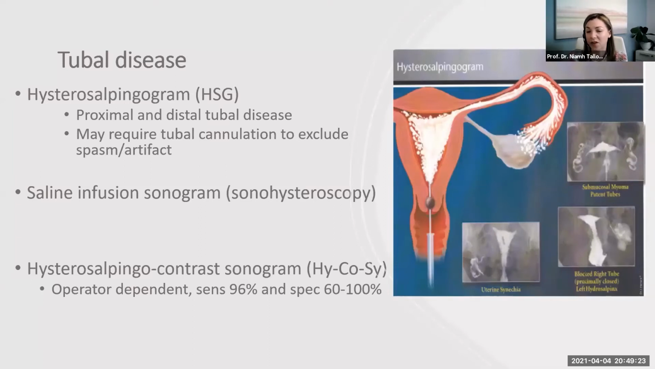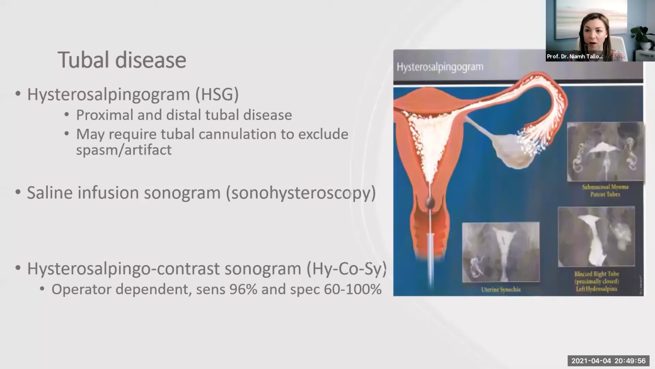So if an HSG yields a result of blocked tubes proximally, you have to think, okay, this may actually be a false positive. And 60% of the time, if you take those patients to laparoscopy, they'll be patent. But you can do saline infusion sonograms to establish tubal patency, but usually can't tell you which side is blocked. It will just show you there's fluid in the posterior cul-de-sac, there is a tube open. But HyCoSy, or hysterosalpingo contrast sonography, when done well, will actually be able to establish the side that is blocked